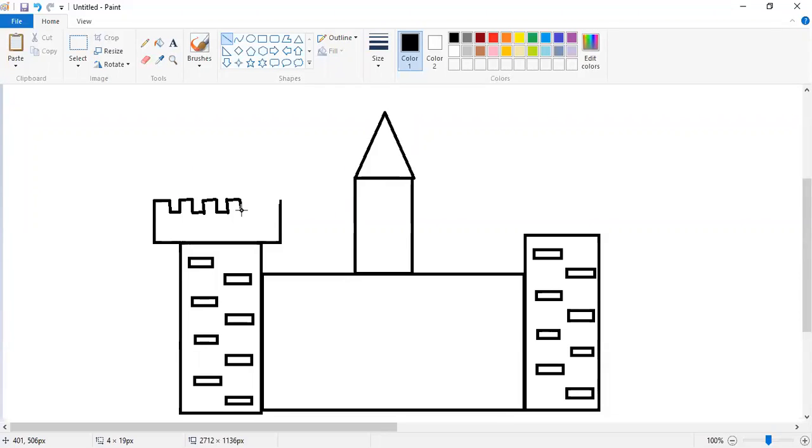Any design you can draw. Like I'm drawing this design, you can draw your own design.